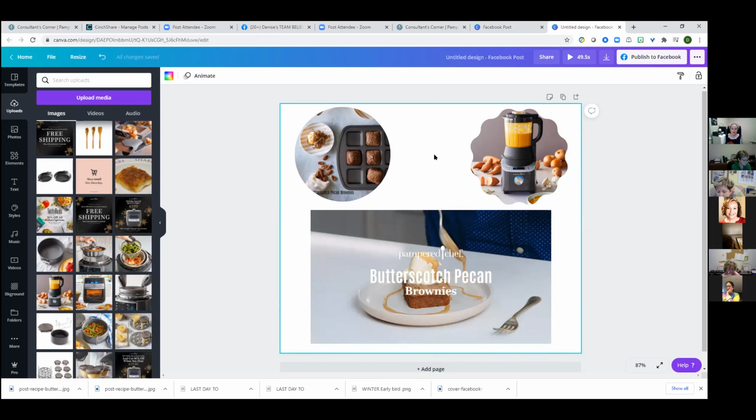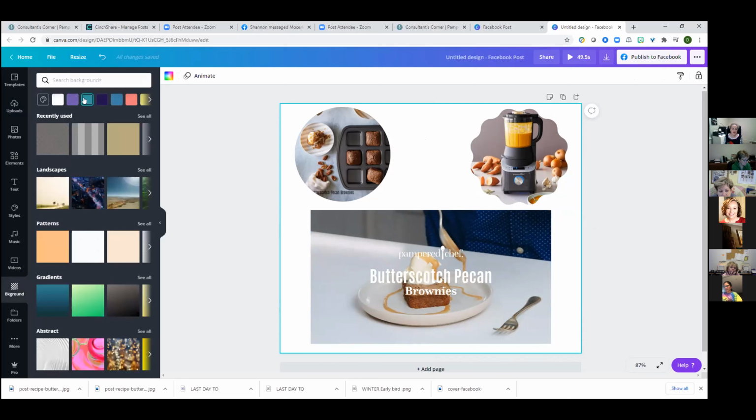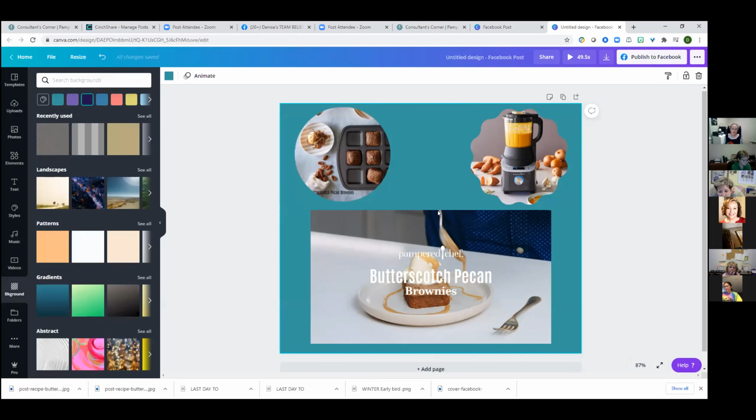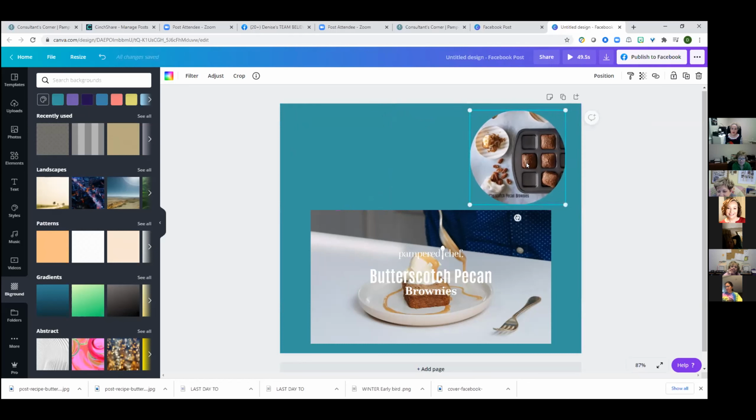So now I would click on the background, just click on it, then click backgrounds over here. And then I could select any color. So I could use that green. I could use whichever color I wanted from there. See, now this, just because I'm ADD, would bother me. I couldn't use that design and that design. I would have to delete that. I could leave a circle there, that's fine. But anyways,